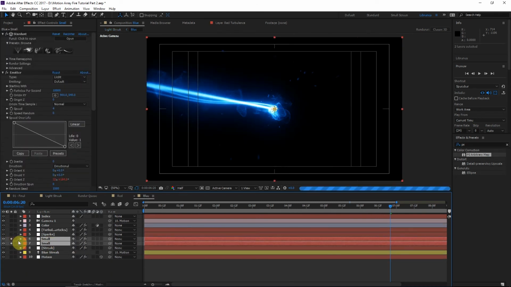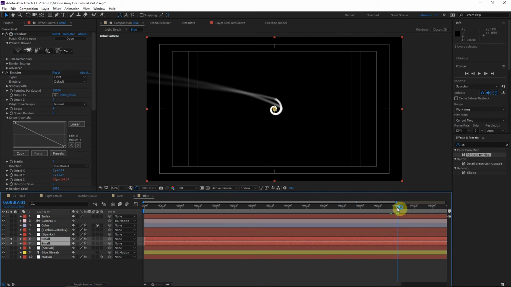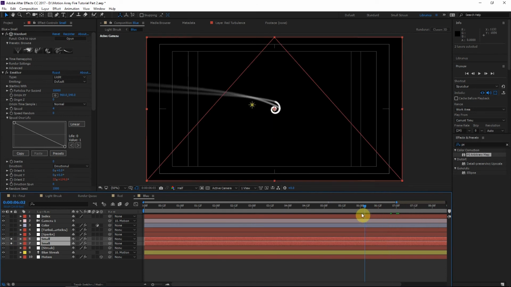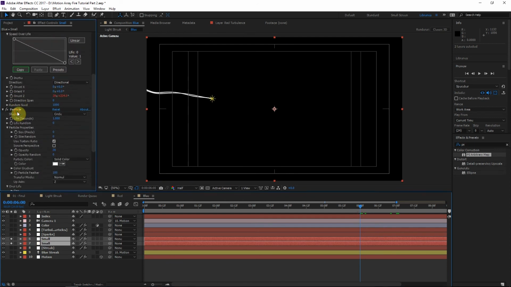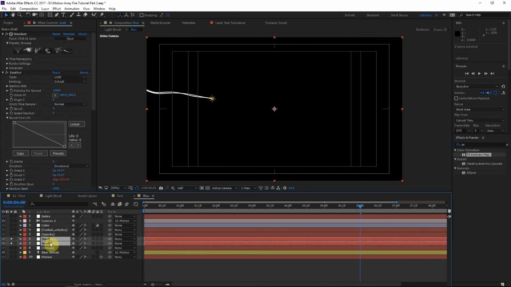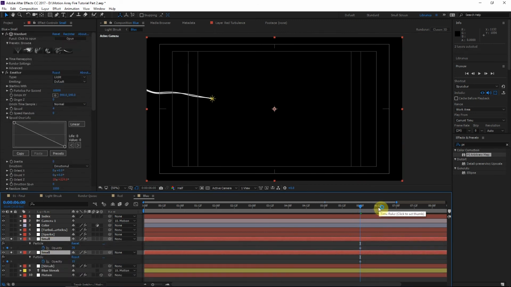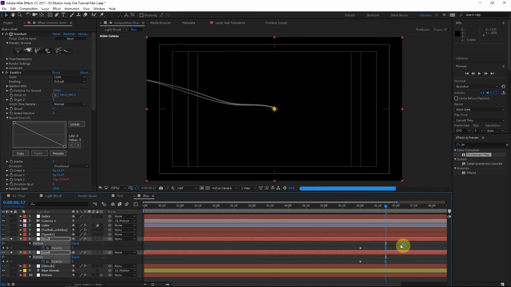So we'll start with these two layers here, the swirling streaks, and we'll go actually a half a second before the collision. We'll add a keyframe to the particle opacity that is on both layers. And let's hit U to open up these keyframes. Then let's go after the collision a little bit. We'll turn this opacity all the way down to 0. And then we'll select both of those end keyframes, hit F9, and that'll make it an easy ease